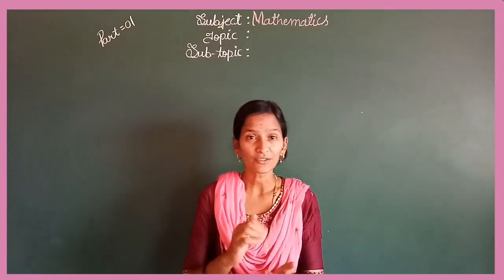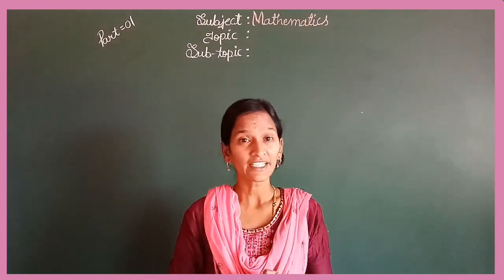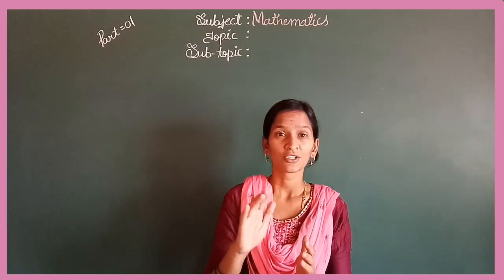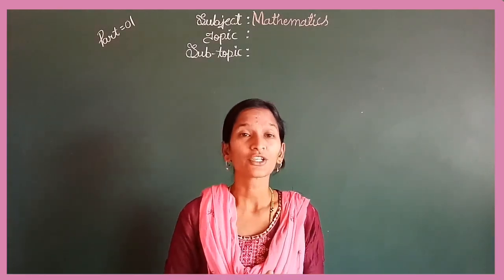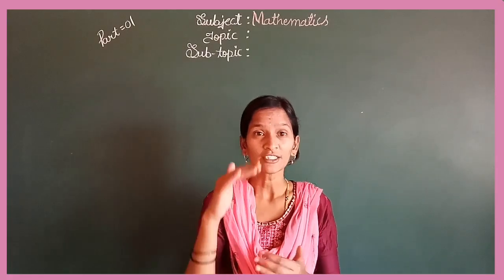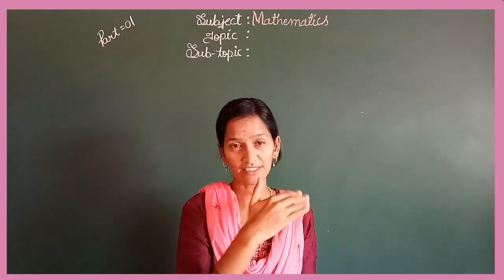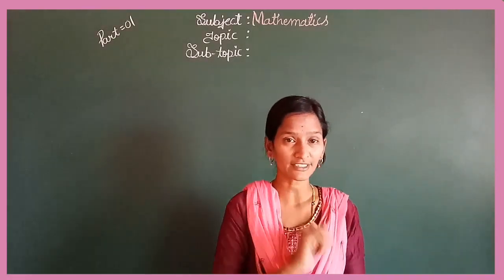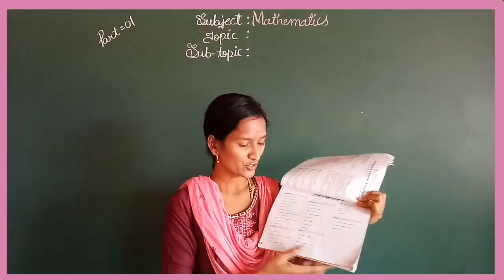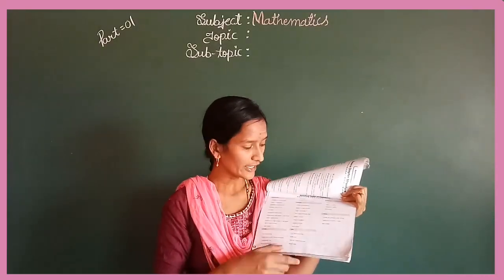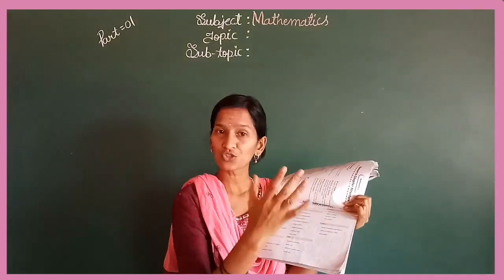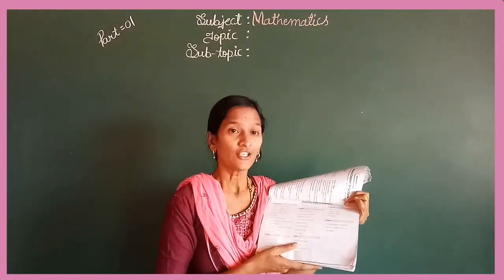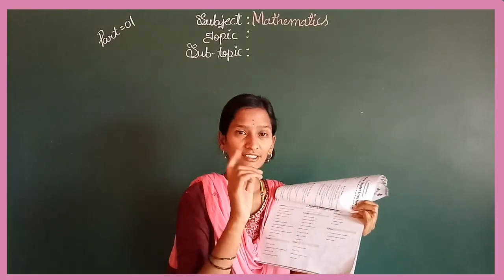So students, now you tell me, which is our today's concept? It is capacity, right? This chapter you already learned in class first, in the chapter measurement, the capacity concept, right? So students, first all of you open page number 67. See here, this is page number 67, right? Here they gave a detailed table of the chapters. In that we already finished the first, second, third and fourth, right? So now come to the fifth chapter, that is capacity.